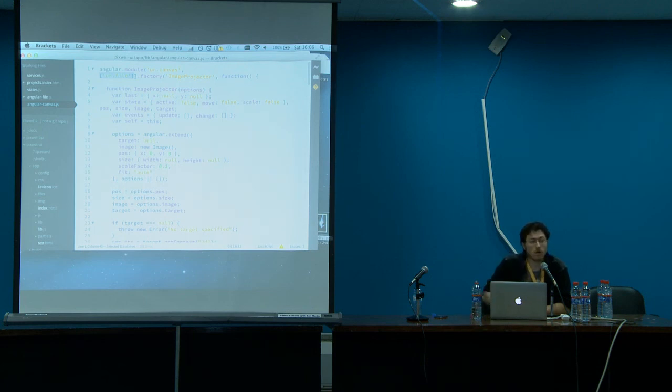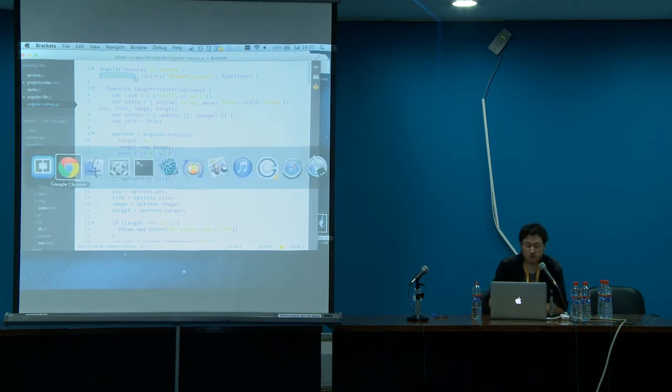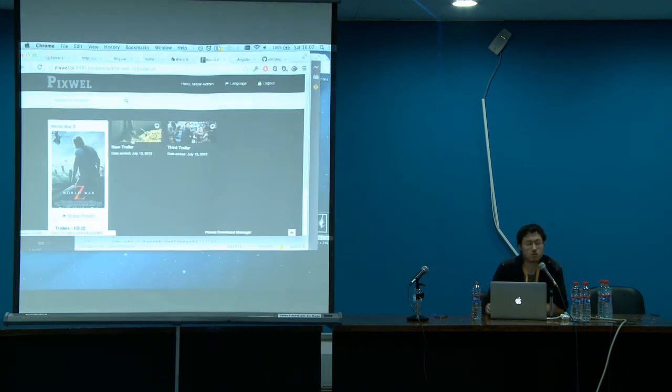Yes? How do you manage authentication? How do we manage authentication? That's a great question. Usually either with HTTP auth, as in the case of this application, or just using cookies. Like we just use JavaScript to write a cookie based on information that comes back from the server, and we just keep sending it back to the server.